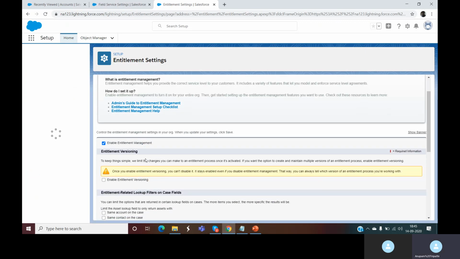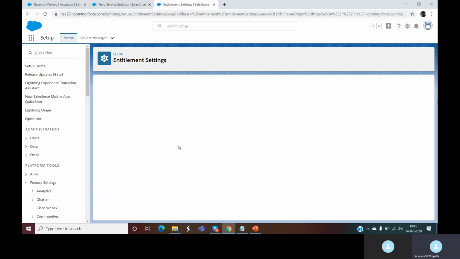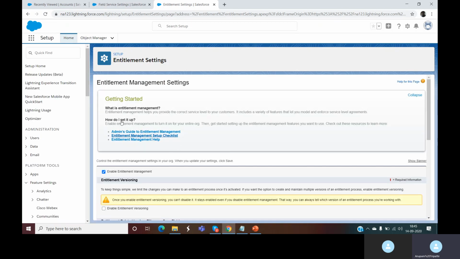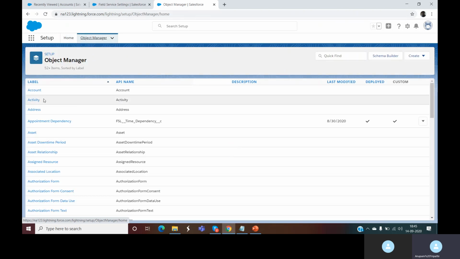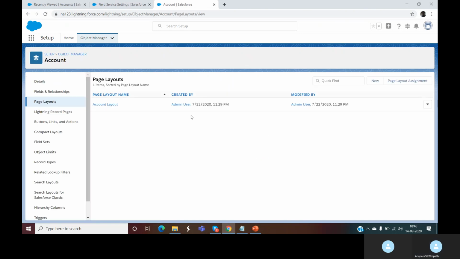Now, as we have enabled the entitlement, there is a related list that should be available on the account page. So in that case, you have to add that related list as well. So I'll go to accounts, and I'll go to page layouts.